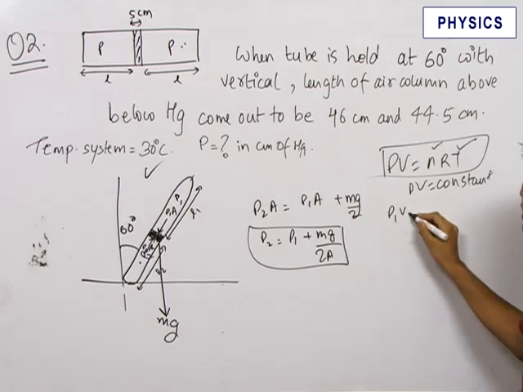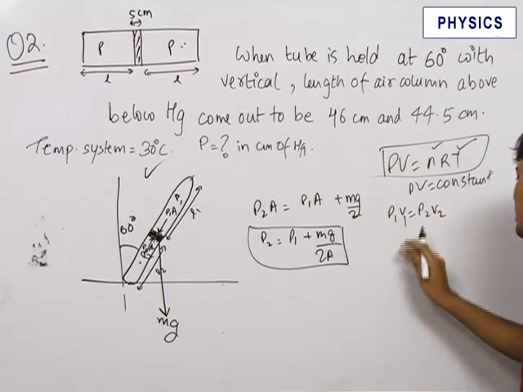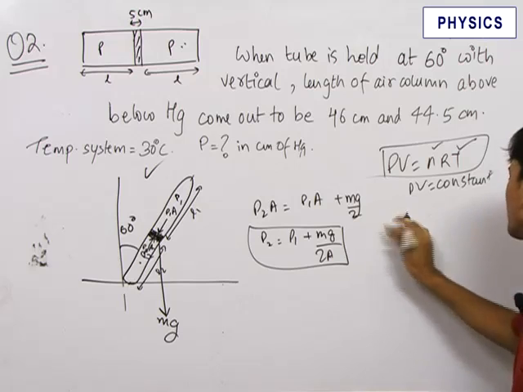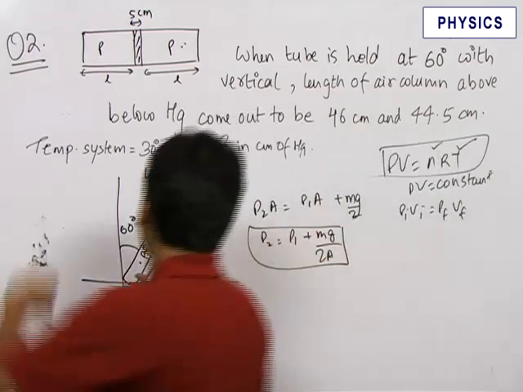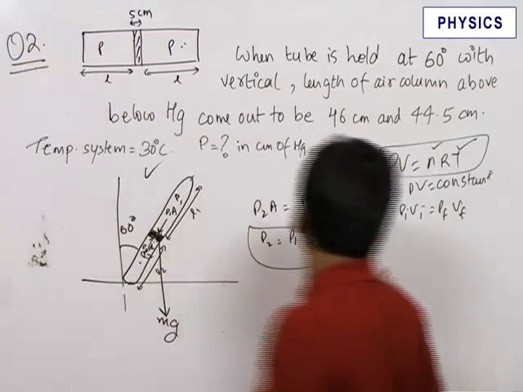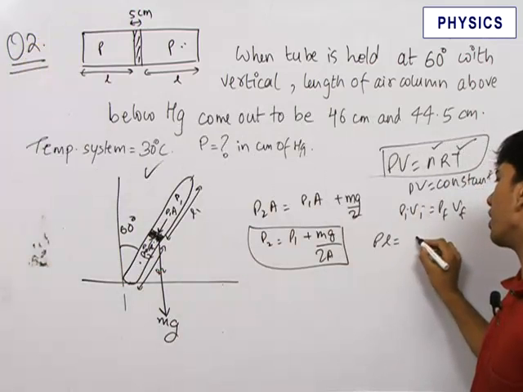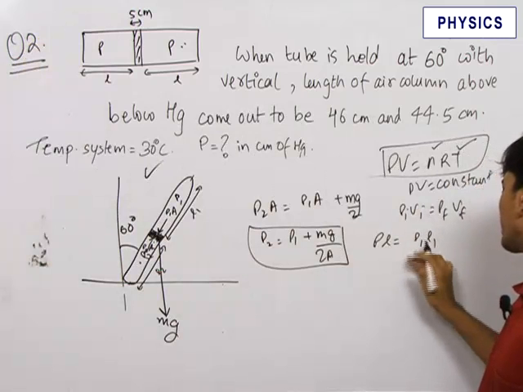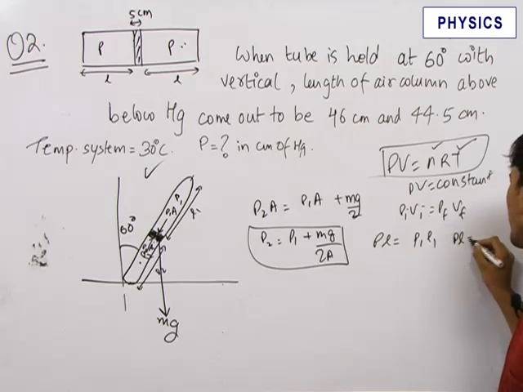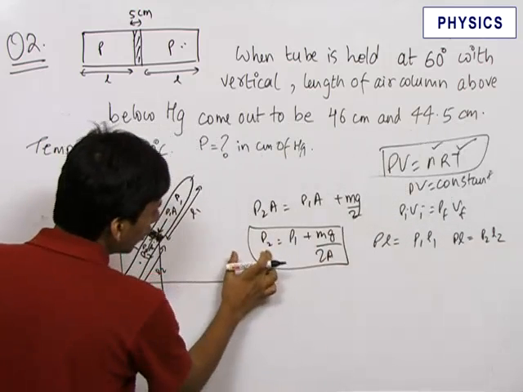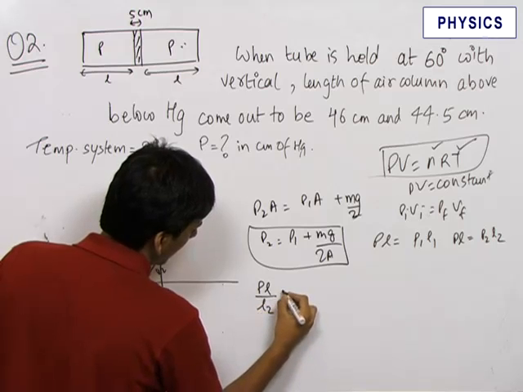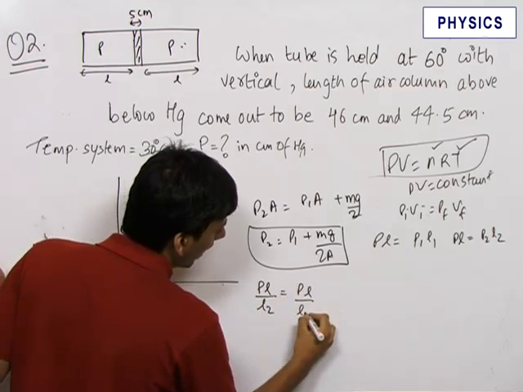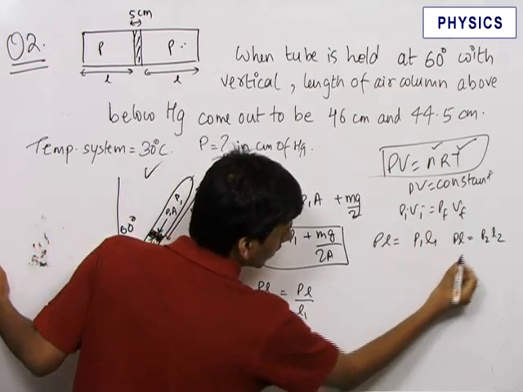Therefore P1 V1 can be equated to P2 V2. That is, here P1 V1 is the initial, let me write it as P initial V initial is equal to P final V final. Therefore applying this for this column of gas, we get P into L is equal to P1 into L1, the area of cross section gets cancelled. Similarly we can write P into L is equal to P2 into L2. Therefore P2 over here can be written as P into L upon L2 is equal to P into L upon L1. This is L1, this is P1, this is P2, this is L2,